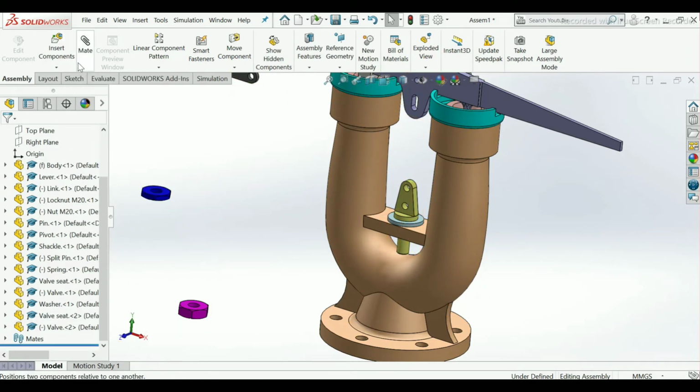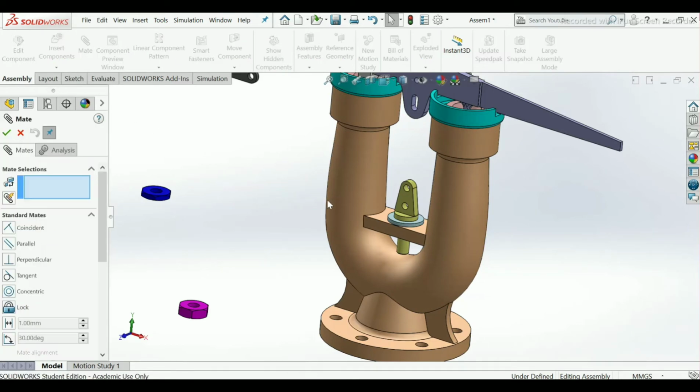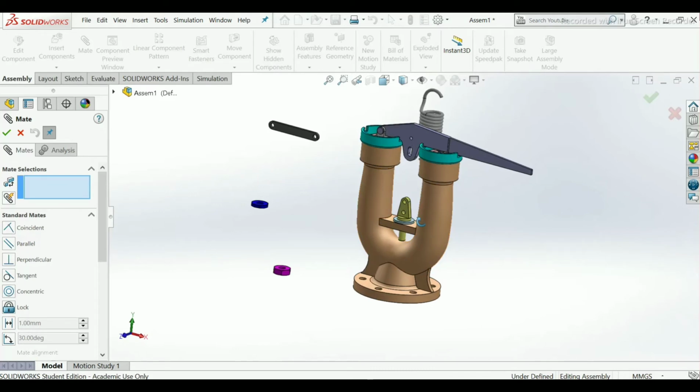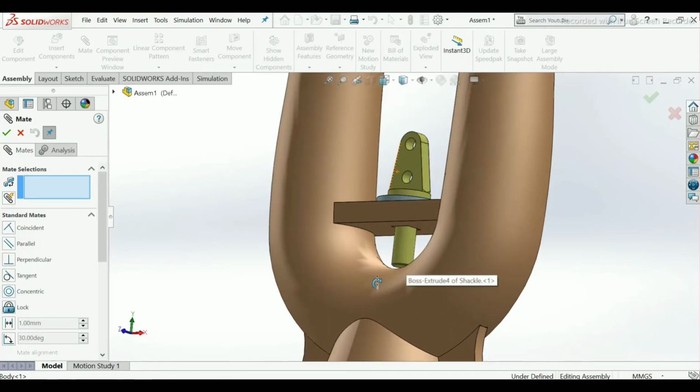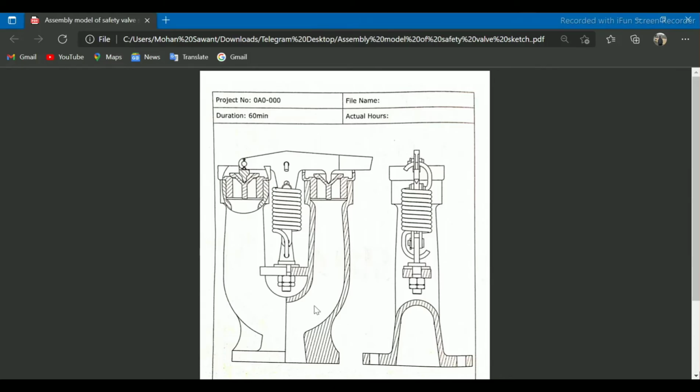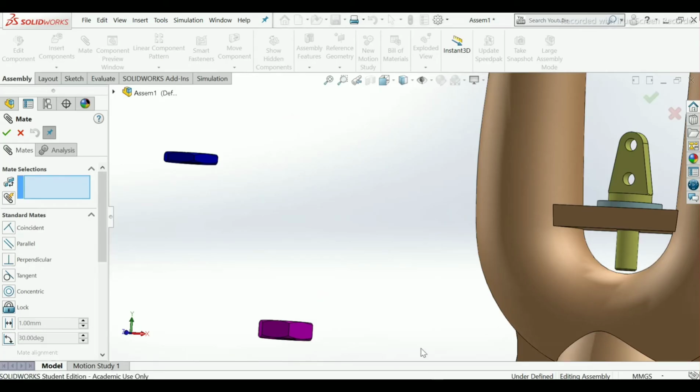Again go to assembly, mate. Now we will place our two nuts. As you can see, the bigger nut will be on the upper side and the lock nut will be on the downward side, downward in direction also you can say.